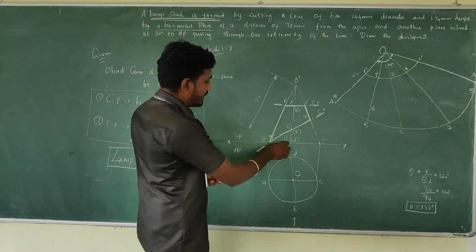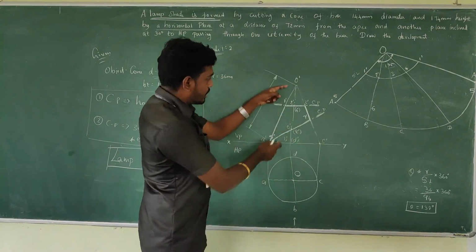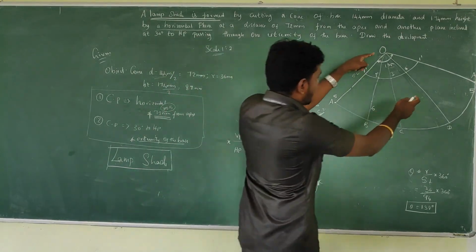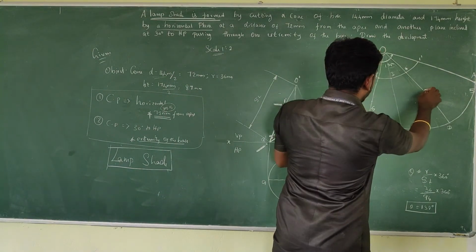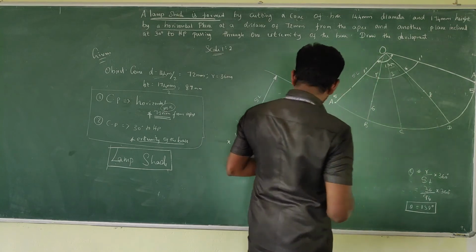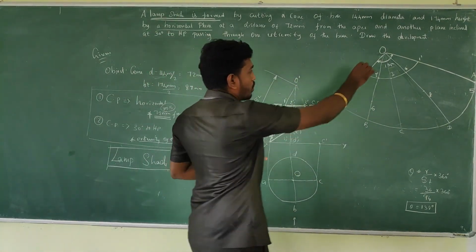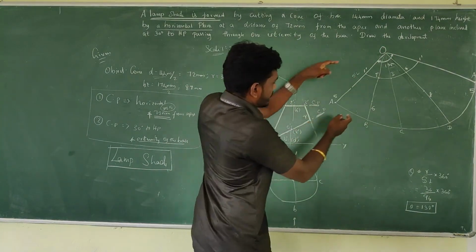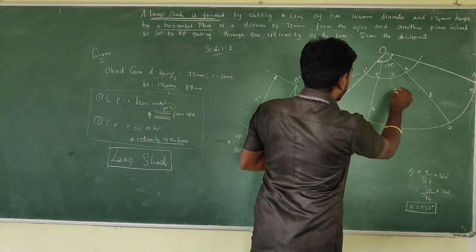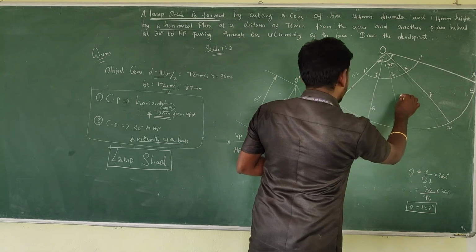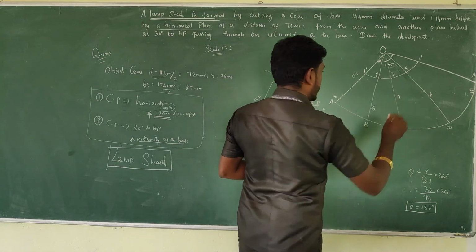And 8 is between O to D. Just keep the same measurement in O to D. Just have a cut. So this will be 8. What about 7? It is between O to C. O to C, take the measurement and just have a cut. So here you will get the 7th cutting point.